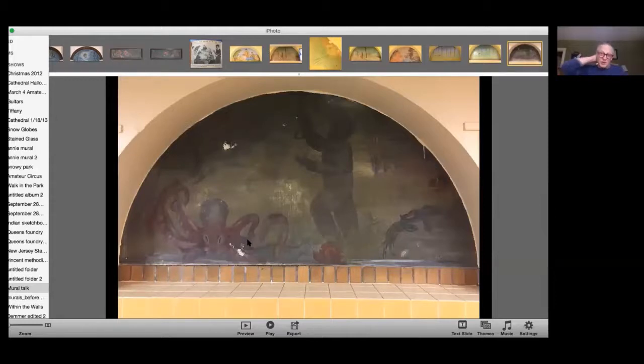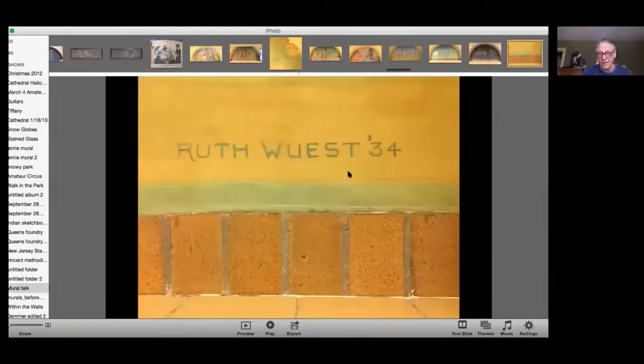This one, of course, is the one that needed it the most. This was up on the 3rd floor. What we were told is that this was probably coal dust for 80 years that was being blown onto this piece. So this is what they looked like when the Nutley Historical Society got involved 80 years after they were painted. By the way, this is a nice example of one of the students'